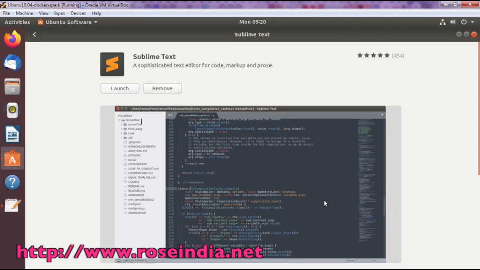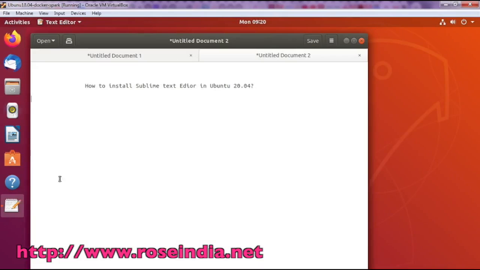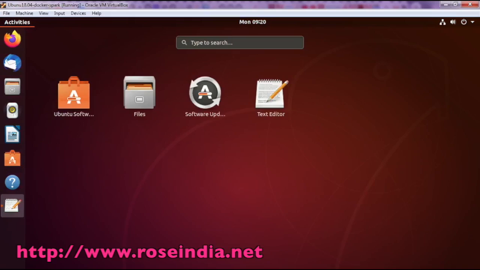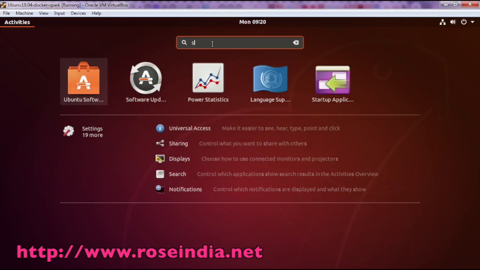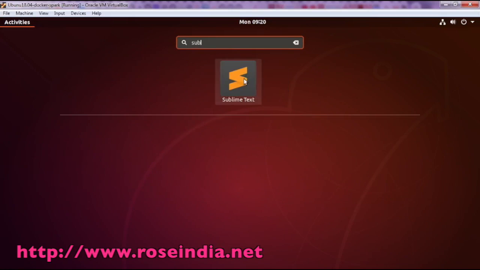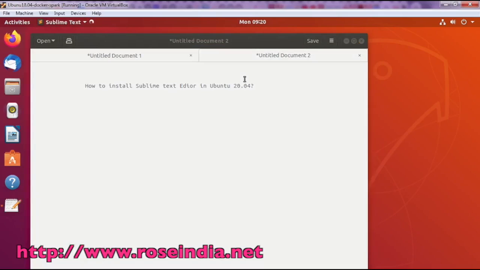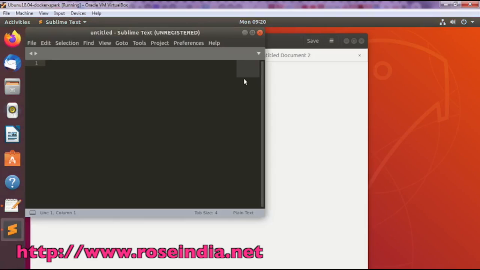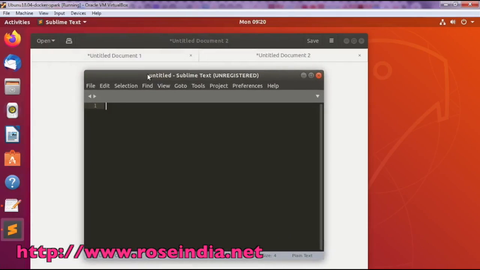So installation is completed. You can click here to launch, or you can go to the show application and then search for Sublime. So the Sublime text editor is finally installed on your Ubuntu